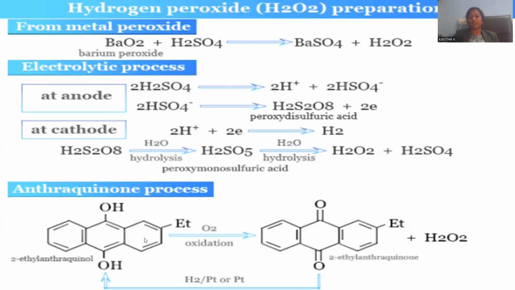This is said to be a polyannular system, a tricyclic system. It is called 2-ethyl anthraquinol, right? So the anthracene nucleus is located here. The central ring is accompanied by the 2 hydroxyl groups, and here is the ethyl at the beta position. This is called anthraquinol. Upon reaction with oxygen, oxygen is able to turn this hydroxyl into ketonic moieties. The corresponding quinol is turning into a quinone moiety. Quinone is nothing but the oxidized form.